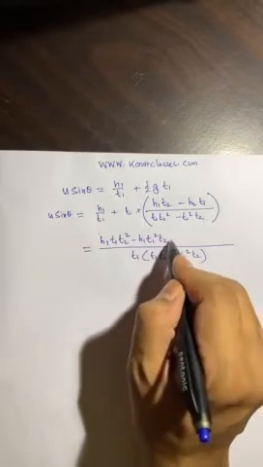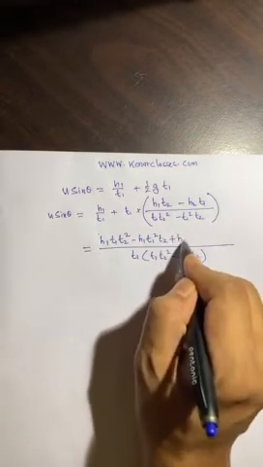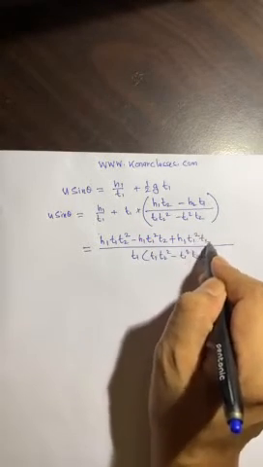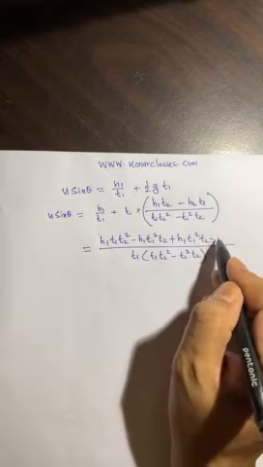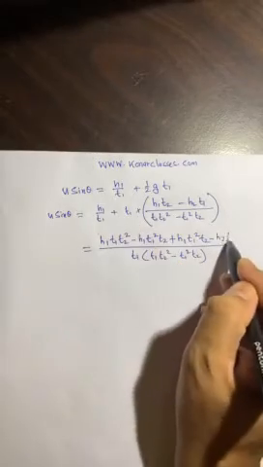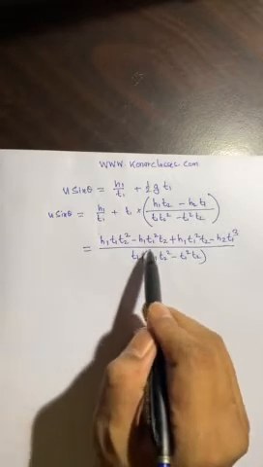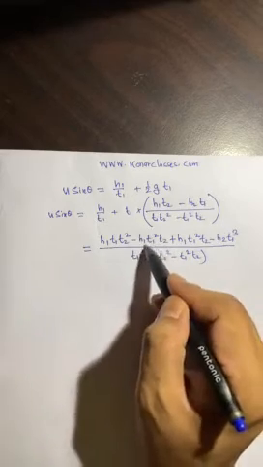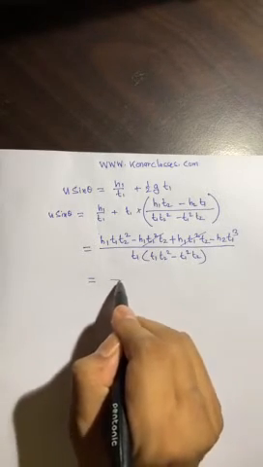Here if you multiply this, it is coming plus h1 t1 square t2 minus, since this t1 is also getting multiplied, minus h2 t1 cube. And here you see something is getting nullified, h1 t1 square t2. So this and this get nullified, and we will get u sine theta equal to